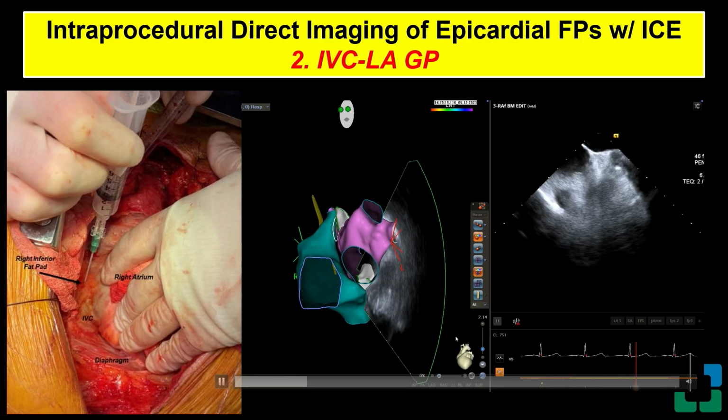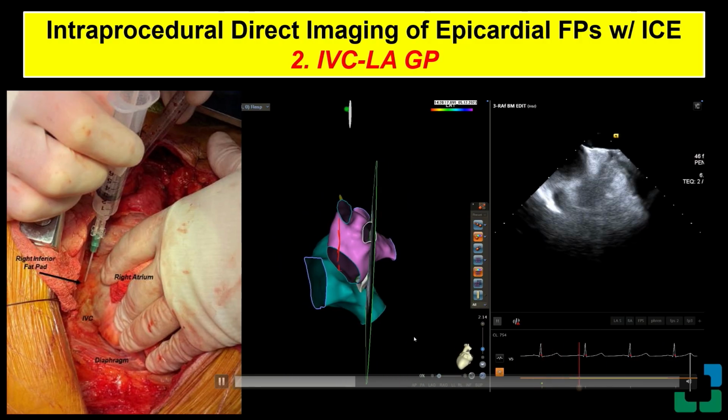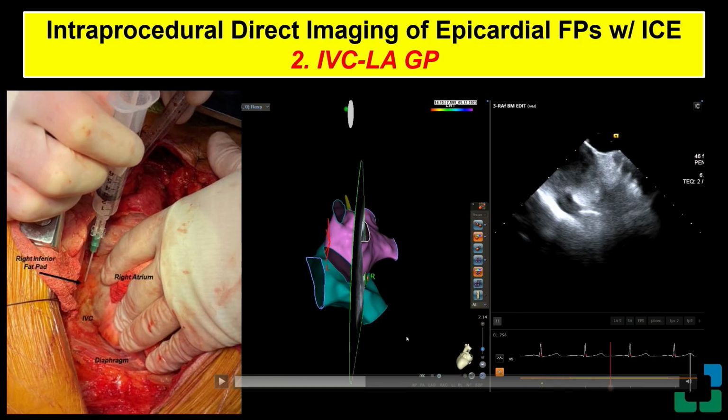So for the inferior paraseptal ganglion, which is the one that you want to target for AV nodal denervation, you pull back the ICE towards the junction between the IVC and the right atrium. And here again, the very first structure that you see is the junction between the IVC and the right atrium. This part here is the coronary sinus ostium. Here, you would see the right inferior pulmonary vein. You don't see it much because it's more of an anterior view. And this area of fat here is the inferior paraseptal region.